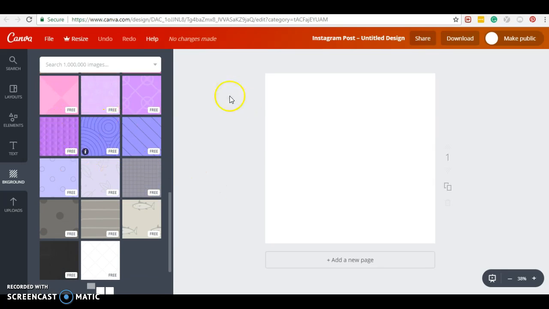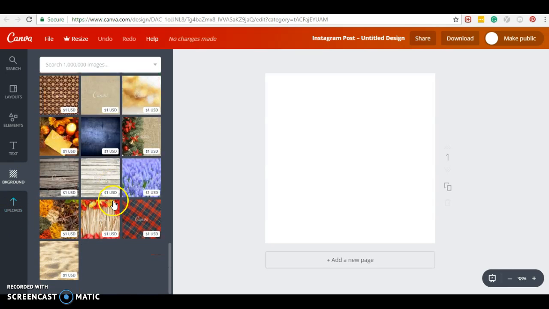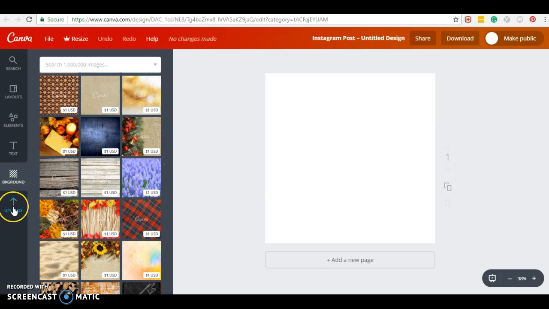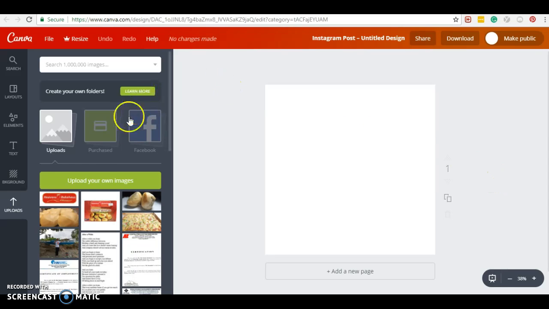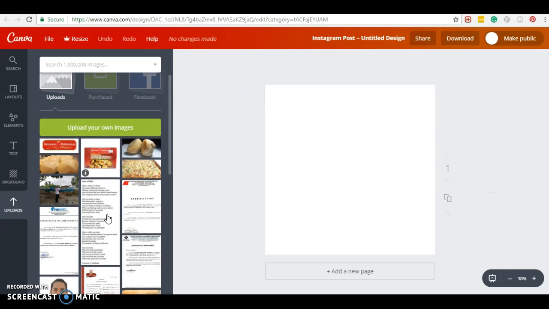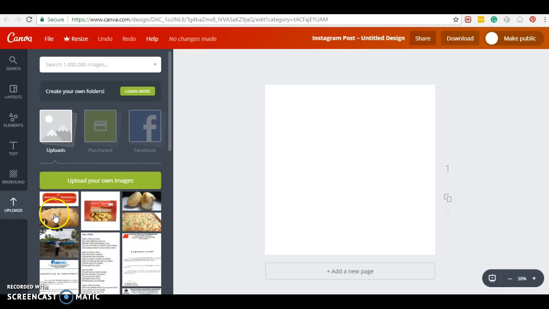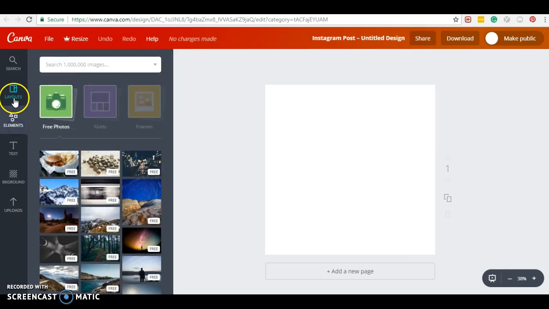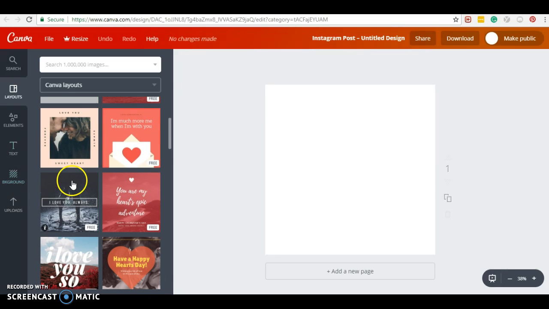If you upgrade your account, you could have a lot more designs. There are also designs that you can purchase here. There are prices already at the bottom right part. Also, you can upload pictures from your computer, and like here, these were the pictures I uploaded when I was working on something. For now, we're going to start making